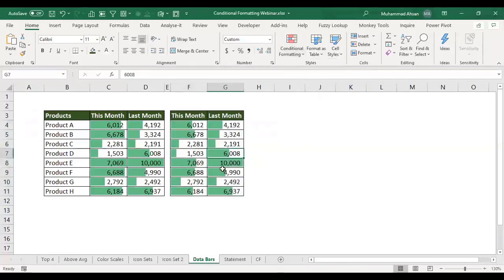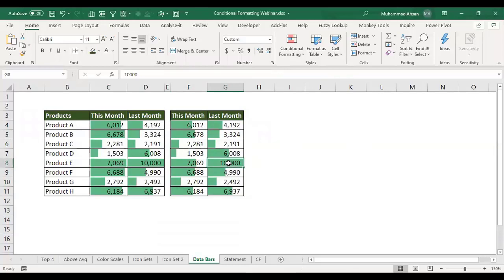Now you can see the difference here. In the first data set, 7069 is entirely highlighted, but in the second data set, 7069 is not entirely highlighted, because in this situation we have selected two columns together, and in these two columns together the highest number is 10,000.